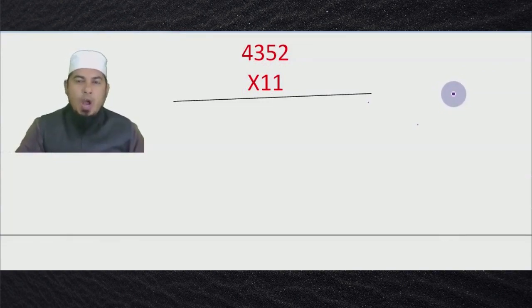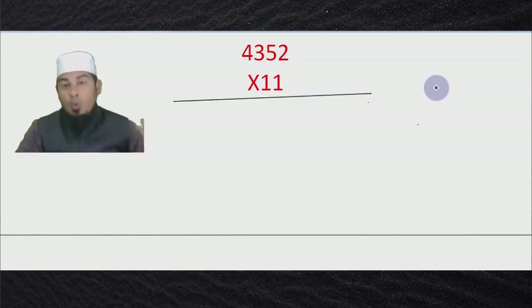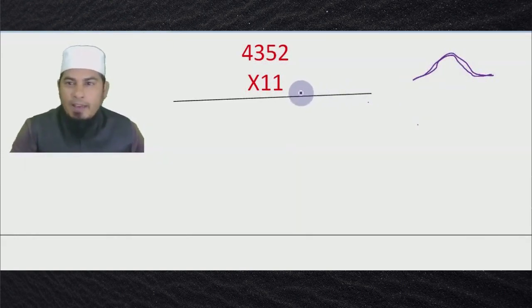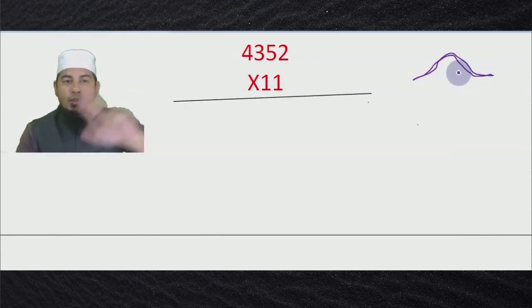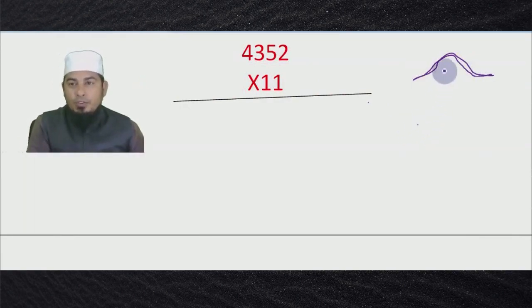Let us learn the method now, how to multiply any number with a number of ones: 11, 111, 1111, in that way. In order to understand, I again show you the graph, that is the bell icon. If you have two ones, then starting with 1-digit addition and 2-digit addition, in that way we have to proceed according